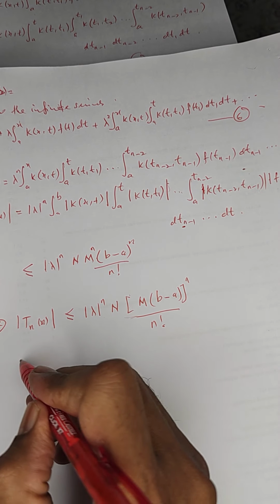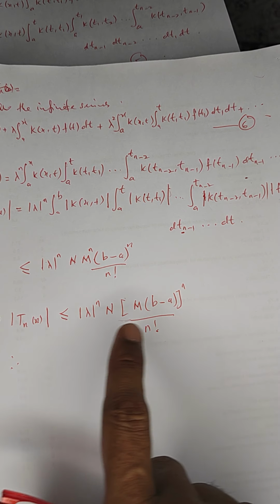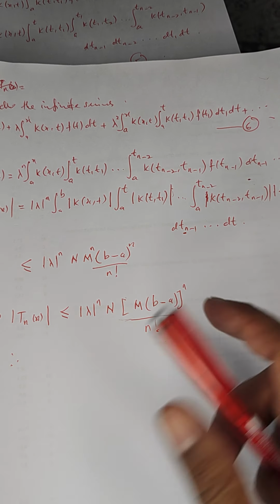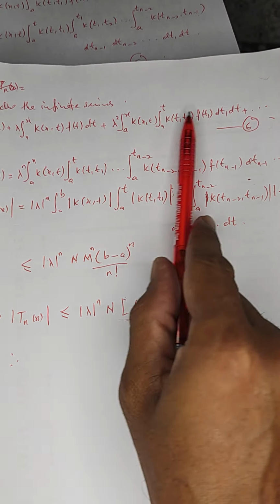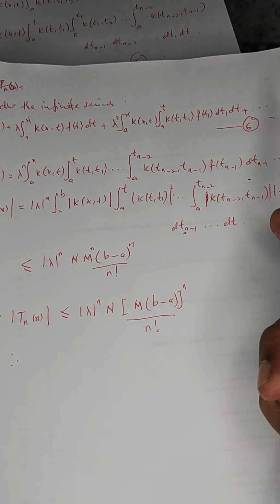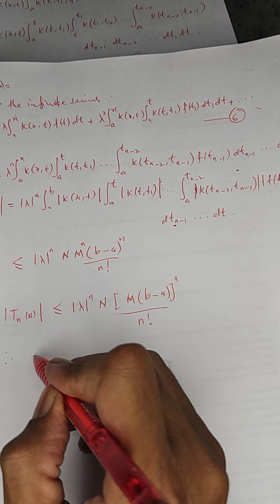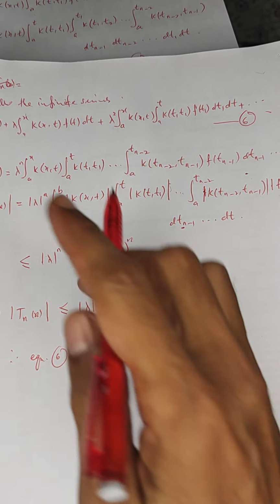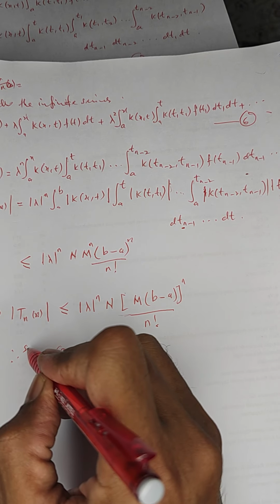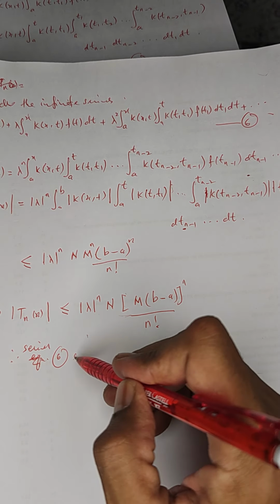For the n terms to converge, then we can say that the n minus 1 terms converge, and so on up to all these terms, so it converges. So therefore the series 6 converges